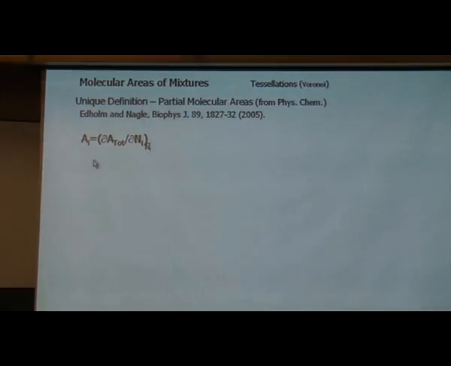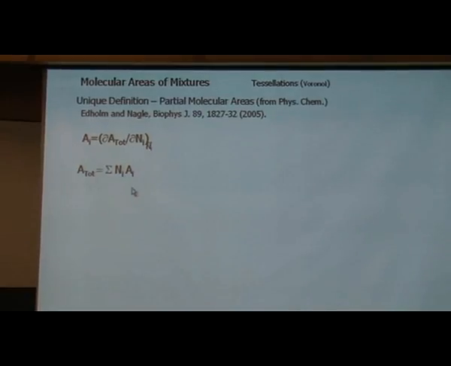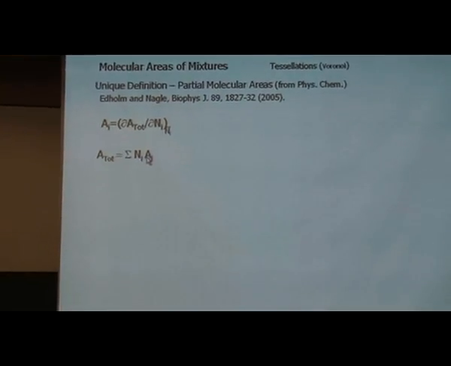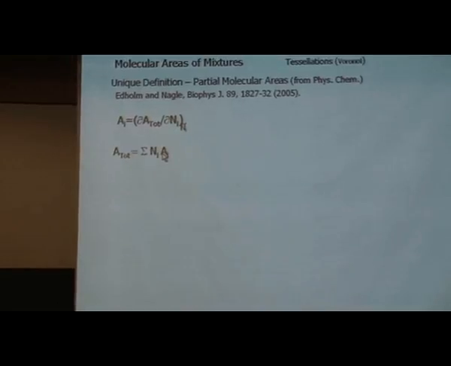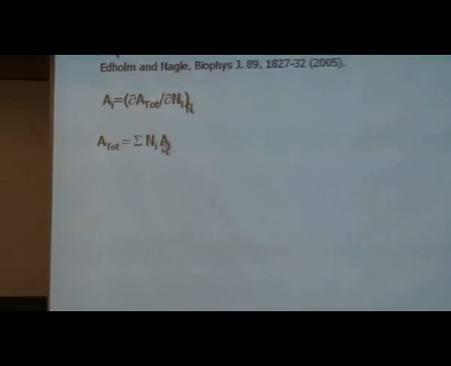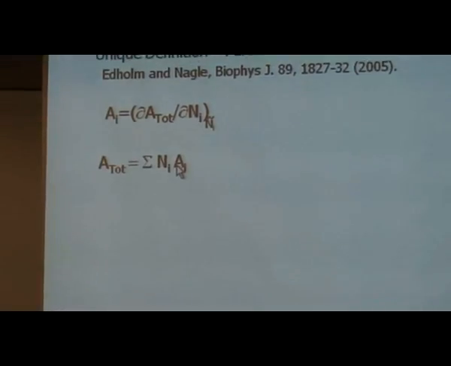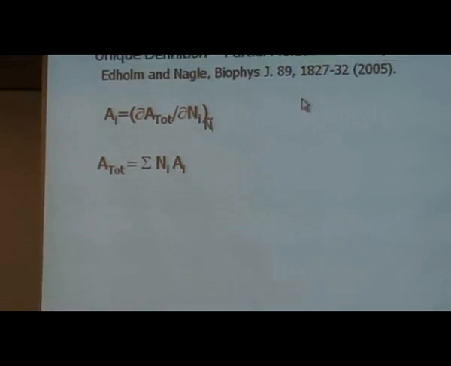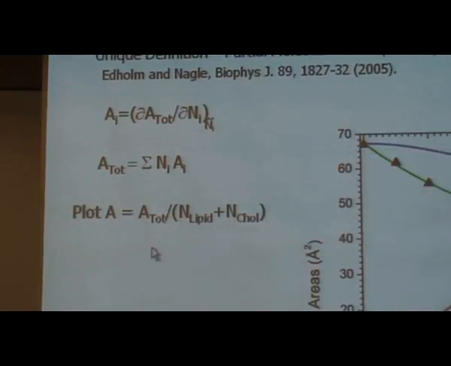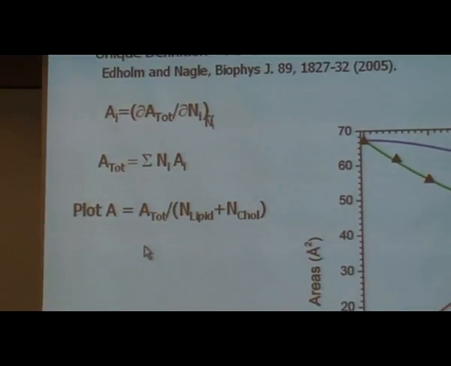Well, I'm not going to rederive all of the old physical chemistry, but if you do this, by using homogeneity theory in a simple way, you come up with the total area is equal to what it should be equal to, which is the area of each type of lipid, the i, times the number of those lipids. It's a sum of those things. That's not so obvious if you do things like this up here, but it's a unique definition. It's a thermodynamic definition.